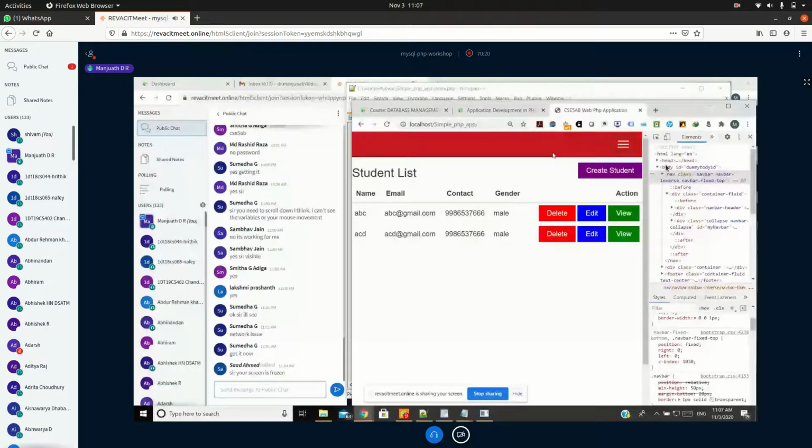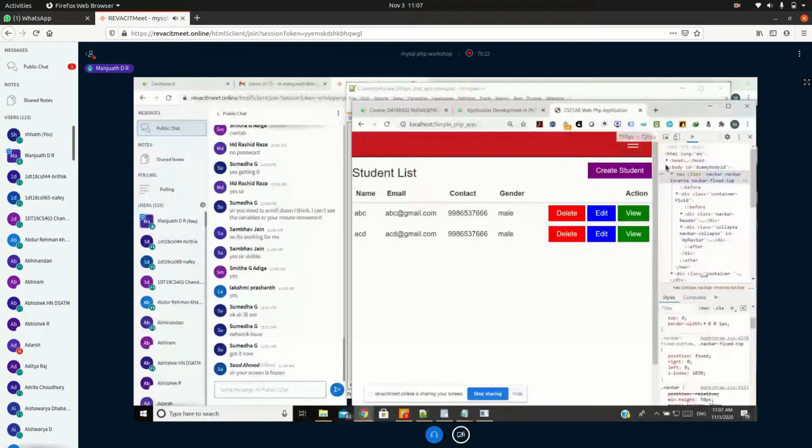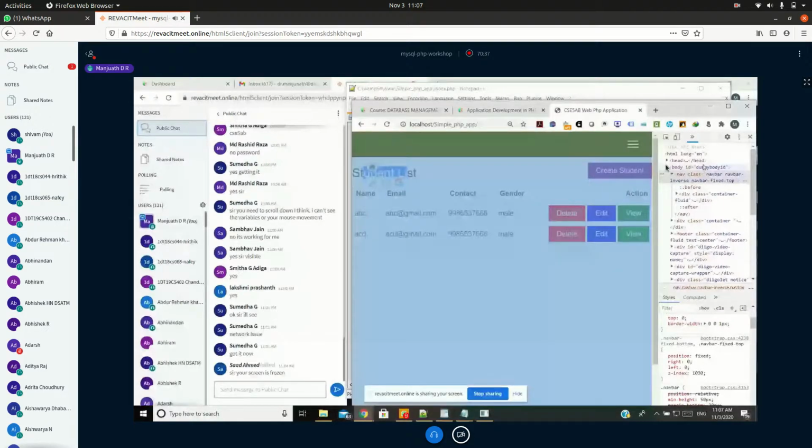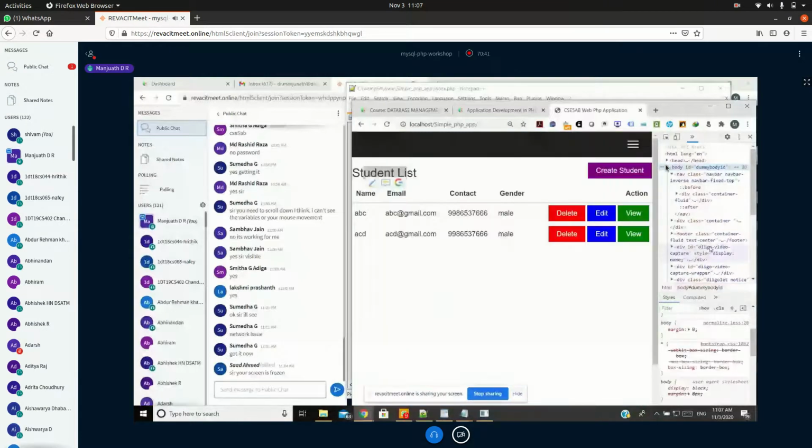The modification I have done is through the browser, right? It is just temporary. If I refresh it, it goes back to the previous level. So this is how you can do it. You can check all necessary information here by inspecting it. You can do whatever modification you wish. Once you are done, reapply the same thing into style.css. That's how you can give beautifulness to your user interfaces.